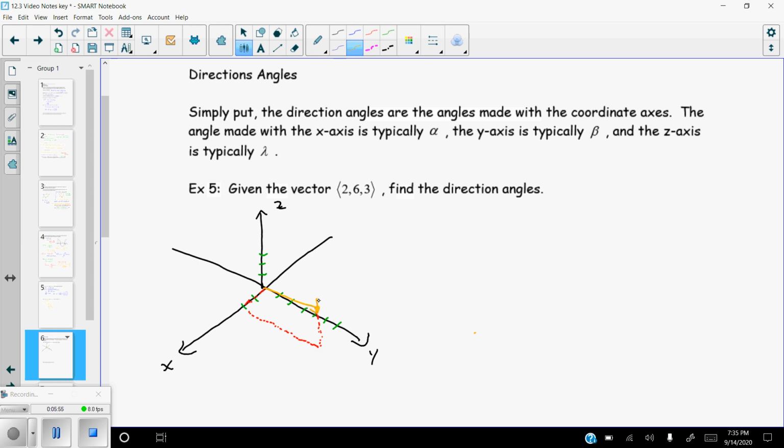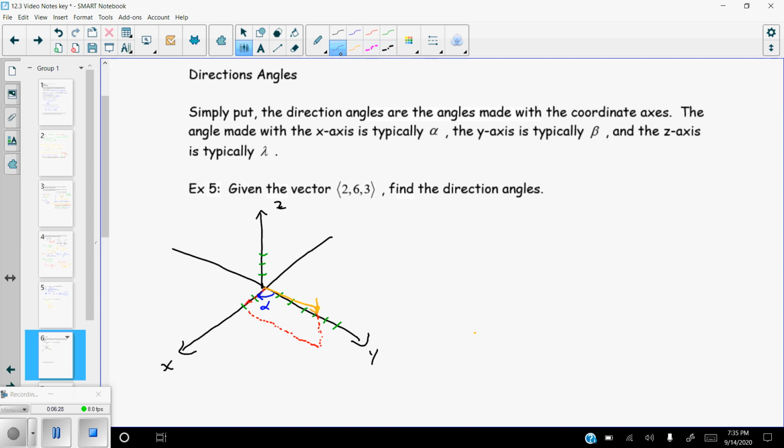All right. So now, like I said, you have a direction angle, which is an angle which is made with the axis. So in our case here, let's see, I'll use blue. This thing is going to make an angle from its projection down here. So it's going to make an angle from this way with the x-axis, and that's going to be your alpha. Okay, it's going to make an angle